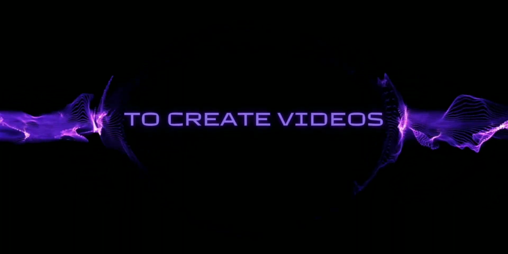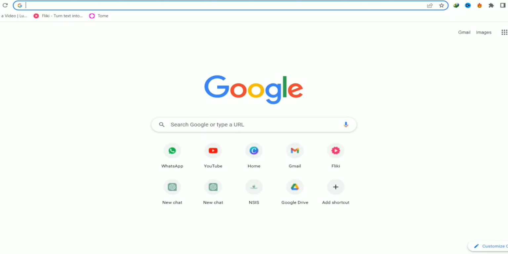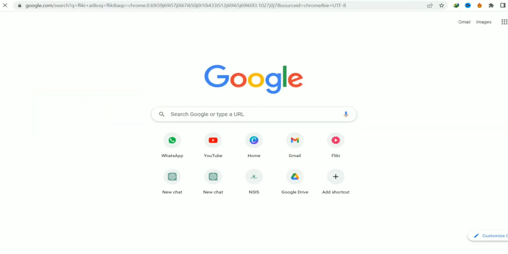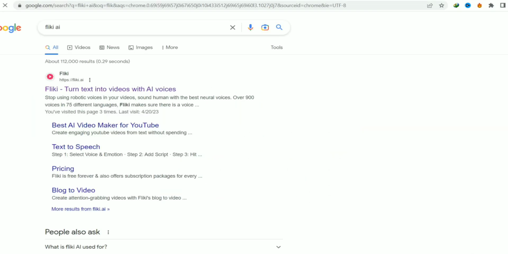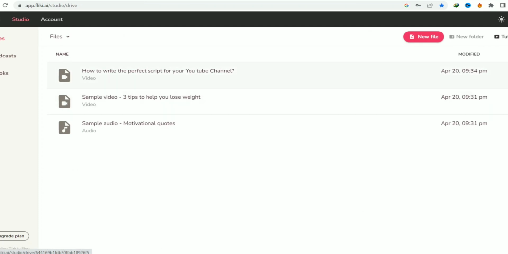To create videos without any video editing skills, you need to follow these steps. First, go to your browser and type Fliki.ai. Click on the first link you see. Create an account. After creating the account, click on the tab on the top of your screen on the right